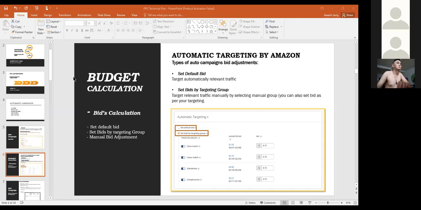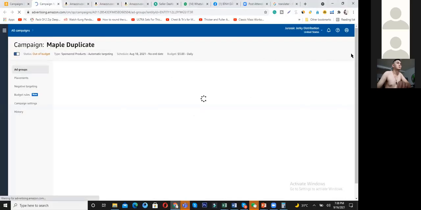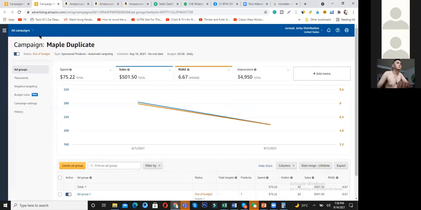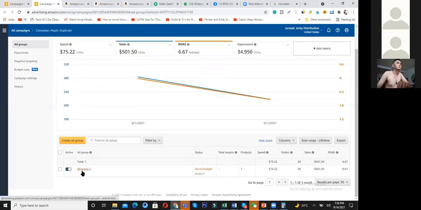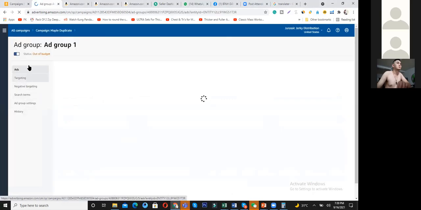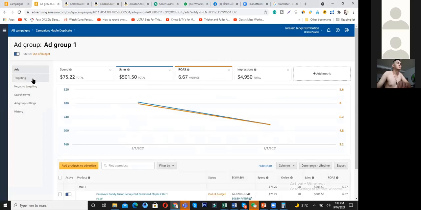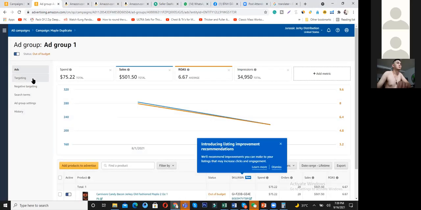I'm going to pick up one of the auto campaigns. Now when you click on your auto campaign, you will see the ad group. Click over there. So here is the option. You can see the targeting. When you click over there,